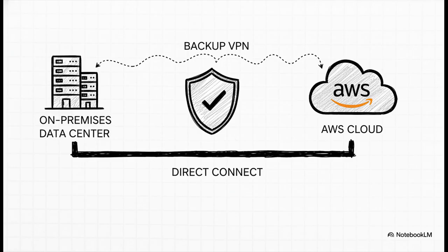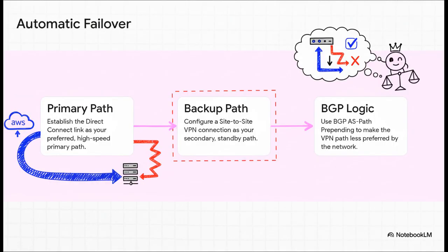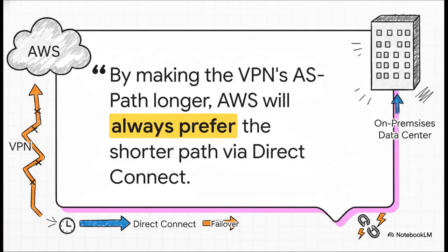So think of it this way. Direct Connect is your multi-lane superhighway, and the VPN is your reliable emergency service road. So here's how you actually build this automatic failover system. First, you set up both connections, the Direct Connect and the VPN, so they're both active at the same time. Then, you use a clever BGP trick called AS path prepending. This basically signals to the network that the Direct Connect path is the preferred or shorter route. The VPN path just sits there, ready and waiting, but no traffic will flow over it unless that primary path fails. This technique is called AS path prepending, and it is just a brilliant example of how powerful BGP really